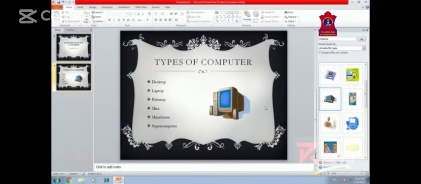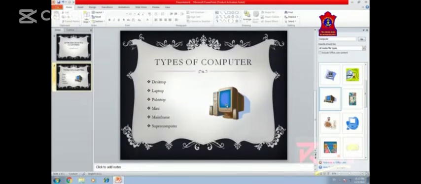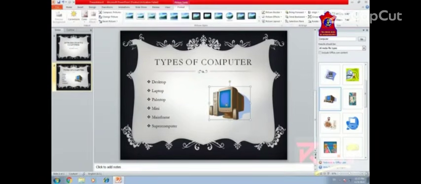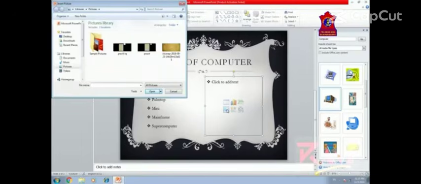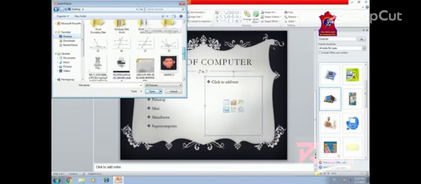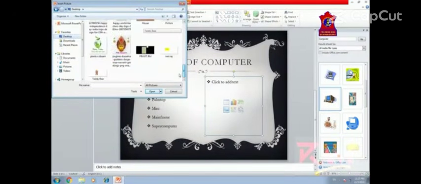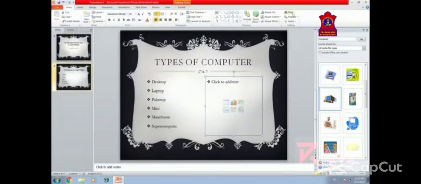Next, we're going to add a picture image. If you want to add a picture image, you need to remove this one. So just click on it, click on delete, it is removed. Now we have other options present here. Click on insert picture, and we need to search for the picture which is best suiting here. I need to add types of computer, so it is not available. So what will I do, I will be searching types of computer